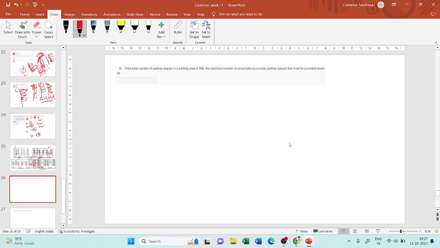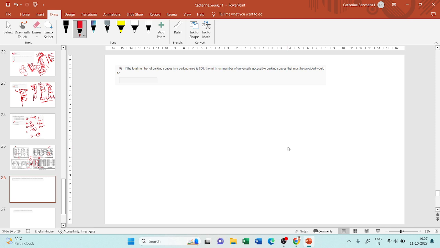Now, if the total number of parking spaces in a parking area is 800, the minimum number which could be universally accessible is what? So I told you, out of the parking spaces available, you have to assign some amount to physically challenged people, right? So what is this amount? So as per the code,